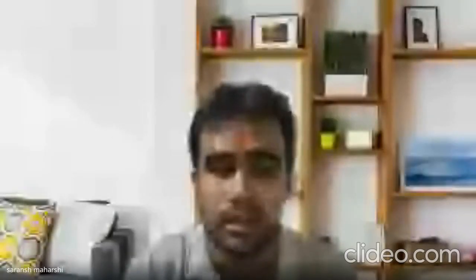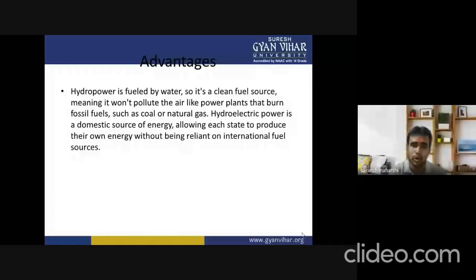Advantages. Hydropower is fueled by water, so it is a clean fuel source, meaning it won't pollute the air like power plants that burn fossil fuel, such as coal or natural gas. A hydroelectric power plant is a domestic source of energy, allowing each state to produce its own energy without being reliant